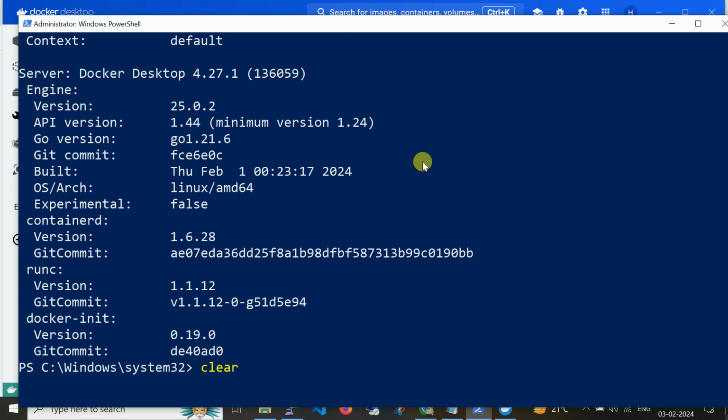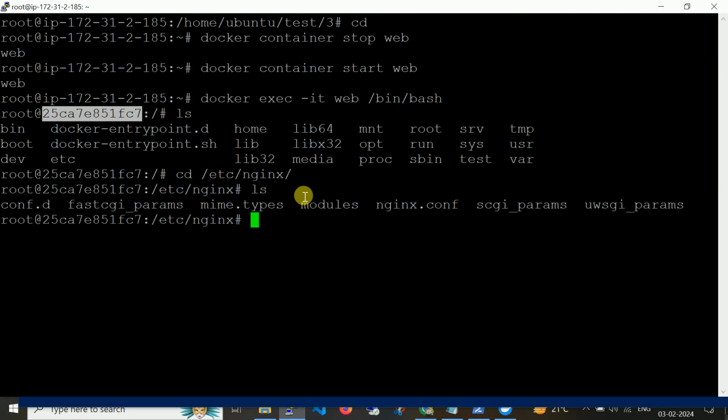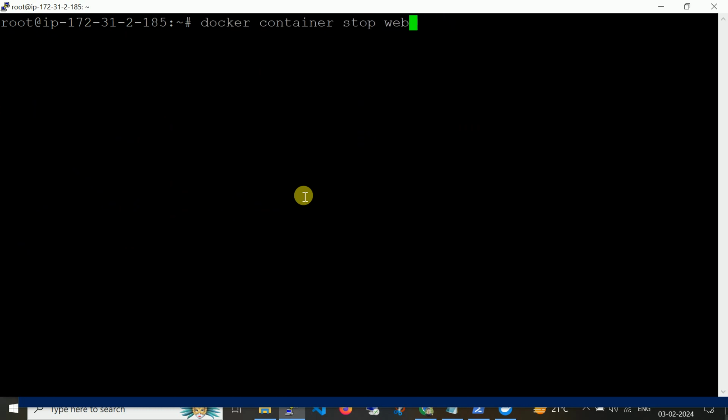Now let me run the same command which we ran on Ubuntu. Let me run this command.